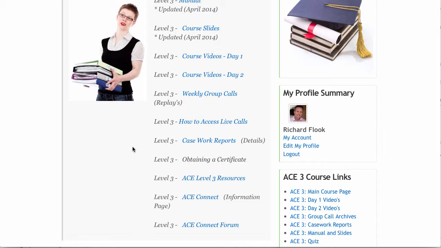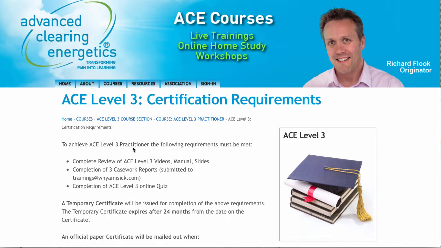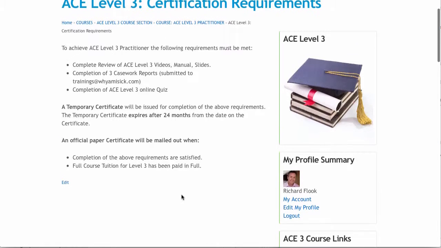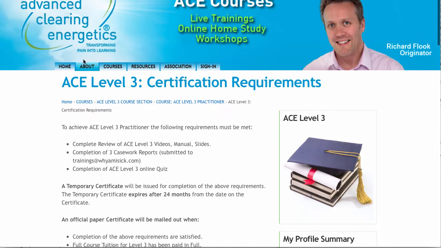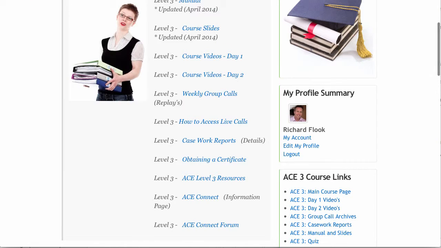How to obtain a certificate as well. There's been a bit of controversy over certificates. We had a lot of problems with certificates. So if you see some stuff on the internet, and people complaining that they didn't get their certificates, we have sent out their certificates. Now we've dealt with all of that. We just had a nightmare of a time trying to find out who had certificates, who didn't, and what certificates we should give them. Anyway, it's all sorted out.